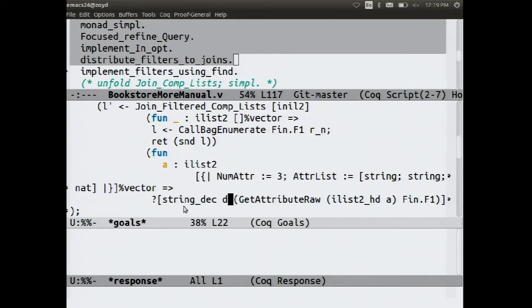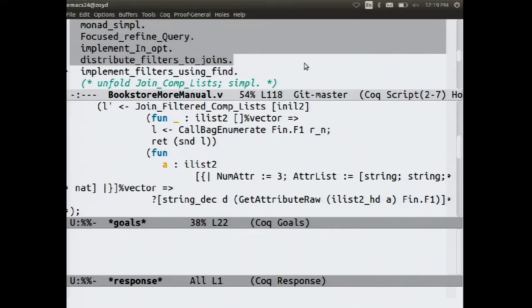It turns out that instead of generating the list like that and running through each element of the list and checking a filter condition, we can use our binary search trees to efficiently get the same effect by just looking up the right key in the first place. So we jump right to the list of elements we want instead of walking down a longer list and repeatedly running a Boolean test. And that's what implement filters using find will do for us.